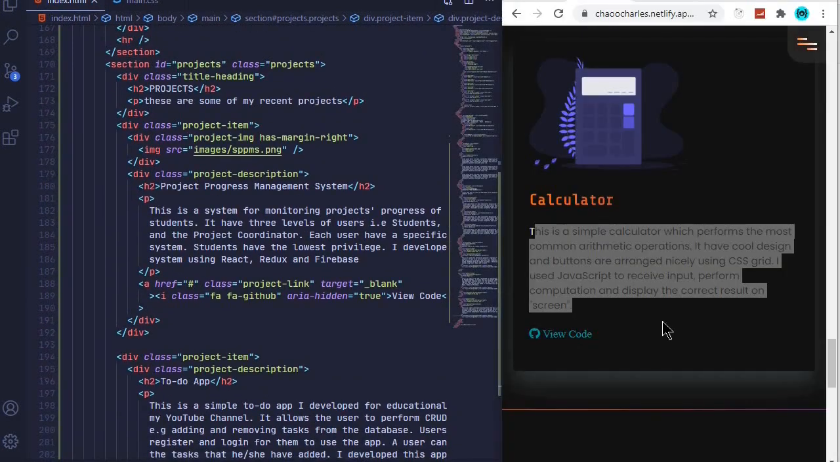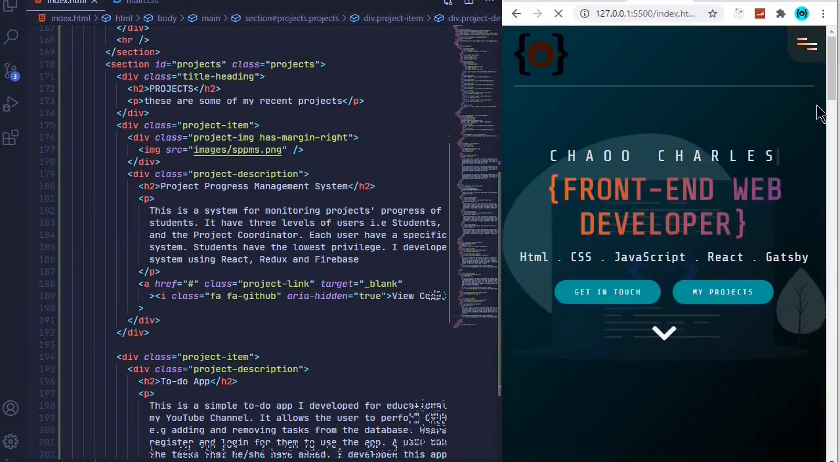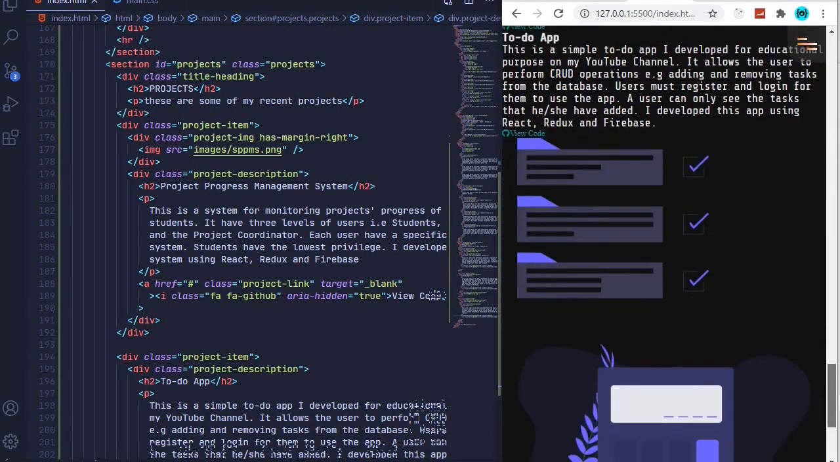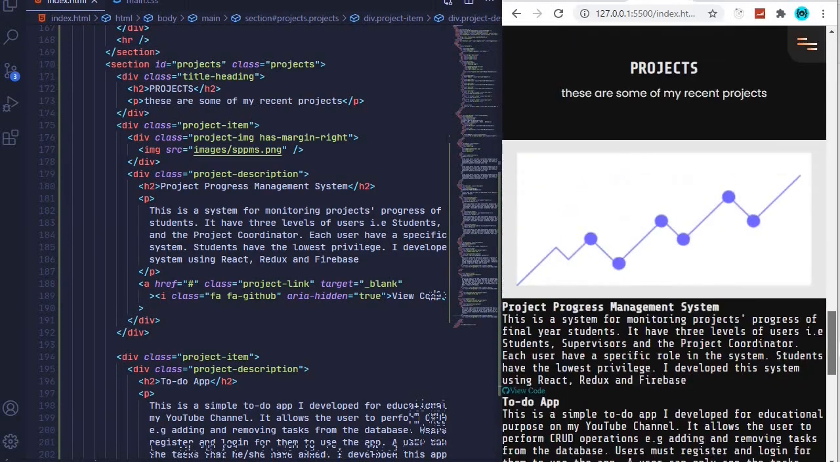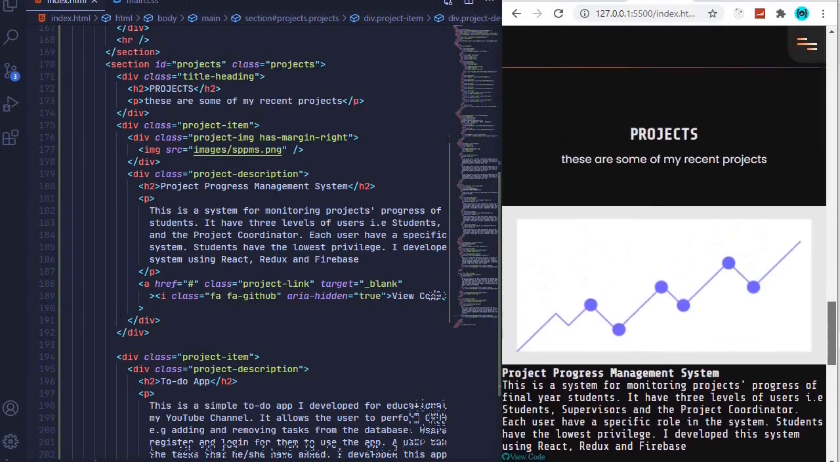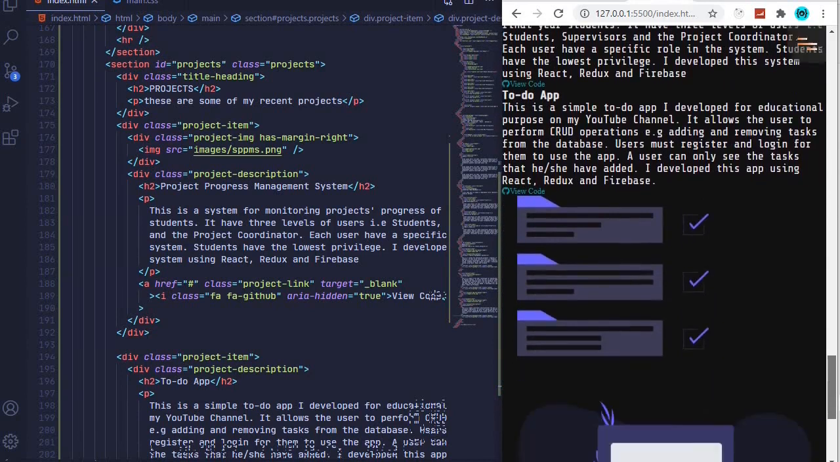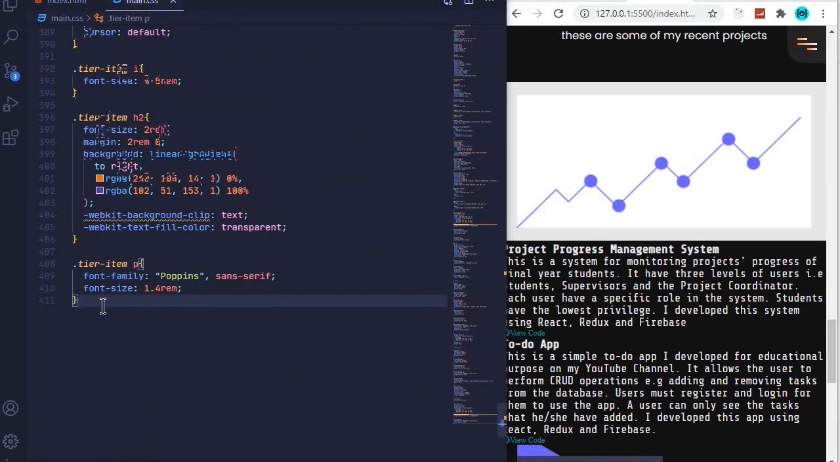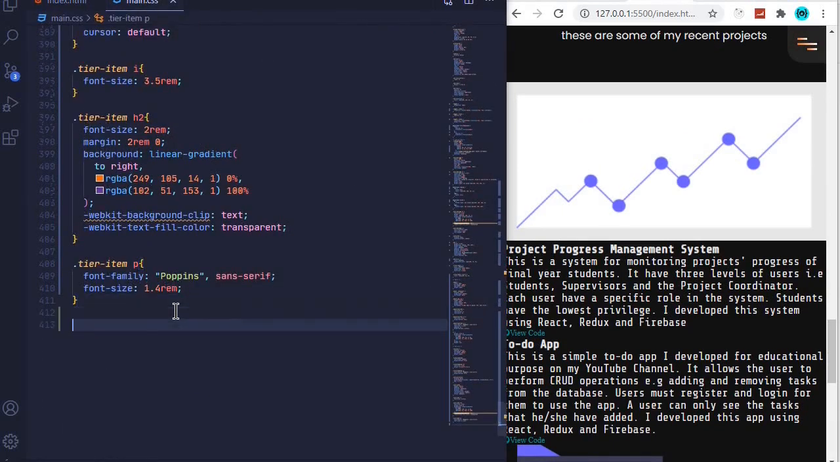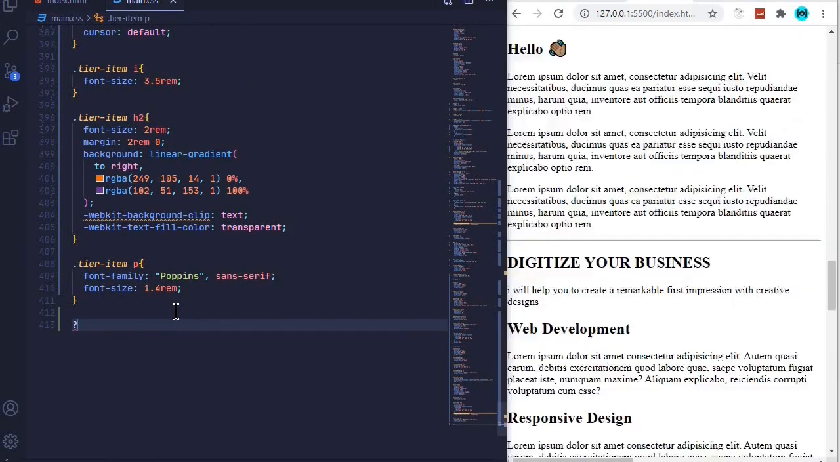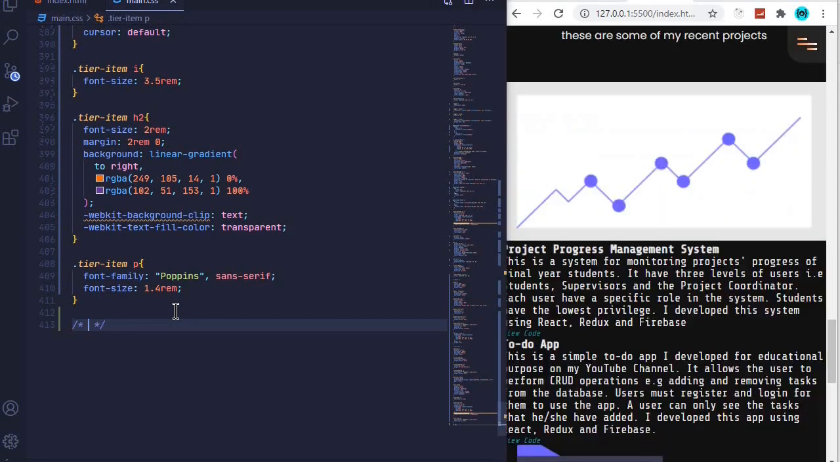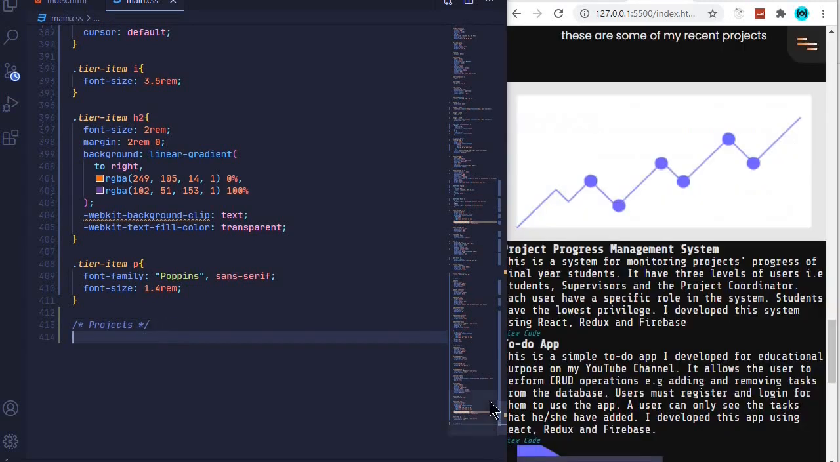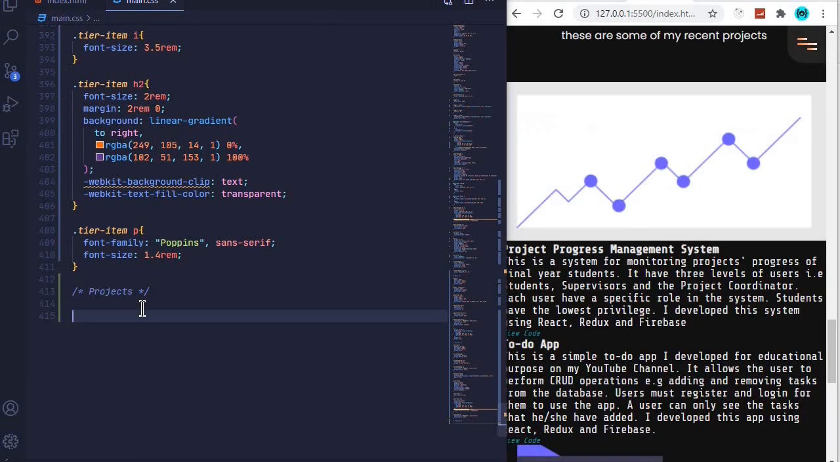So yeah, we can preview our section. So I'll come here and you can see the way it looks at the moment, but we are going to make it look much better with CSS. So let's jump right into the CSS file, main.css in my case, and right here I'll add a comment, projects, and we can continue to style them. I'll select the project's class